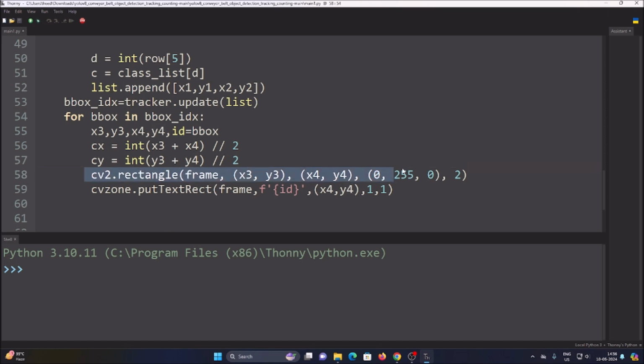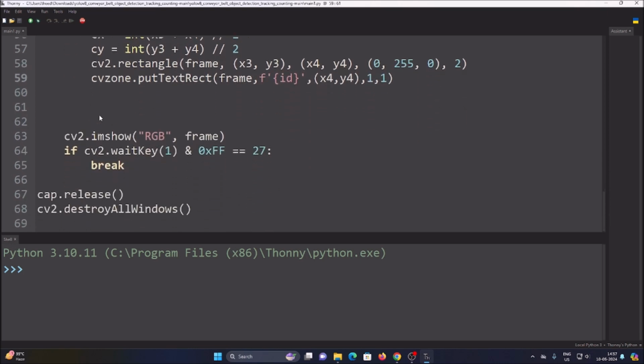And then we are going to draw our rectangle. Then we are going to put the id as text on each detected object's rectangle. So this is how we are going to detect our objects. With the help of the tracker, we are going to assign the id for each object. Done. Now if I start the code,